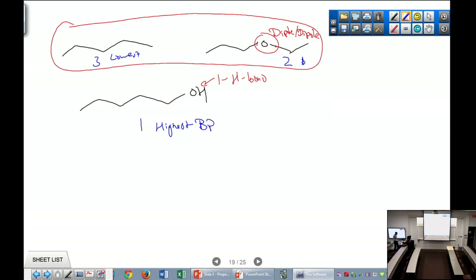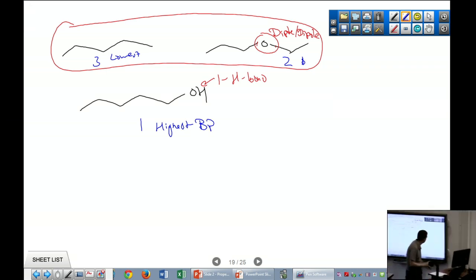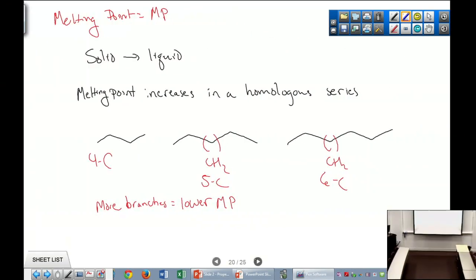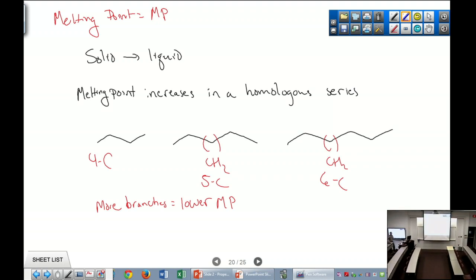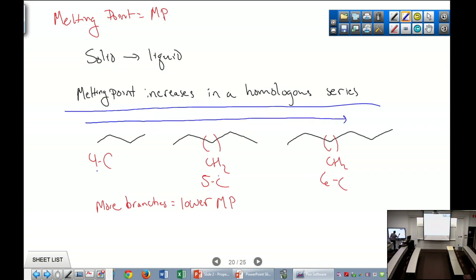All right. Sorry about the whole getting the melting point beforehand. But again, melting point increases in a homologous series. All right? So 4 carbons, 5 carbons, 6. Low MP to high MP. All right? Similar